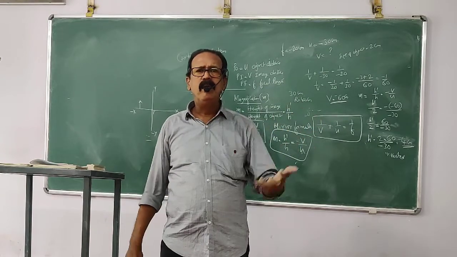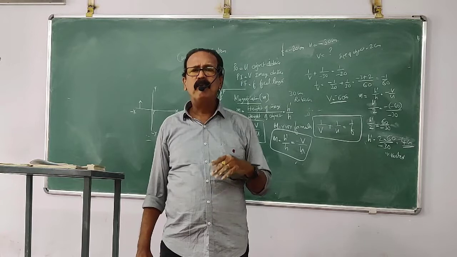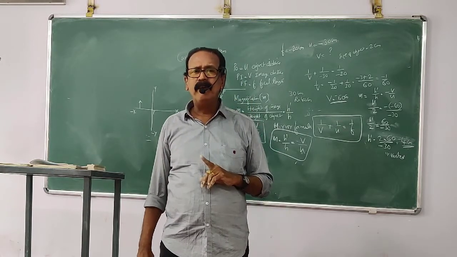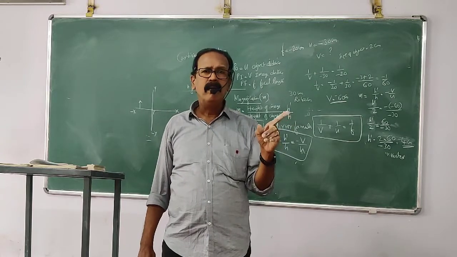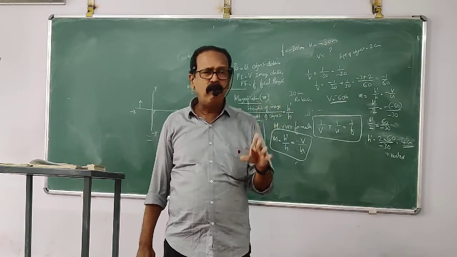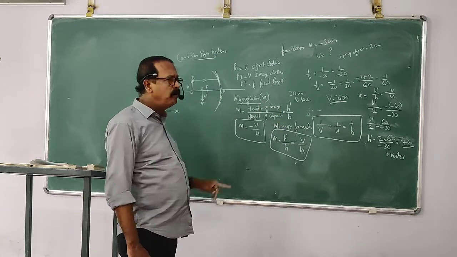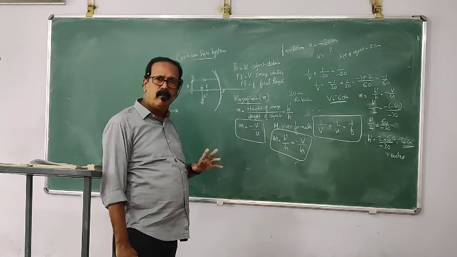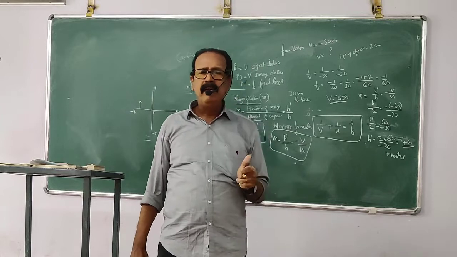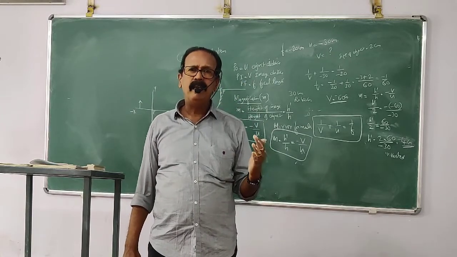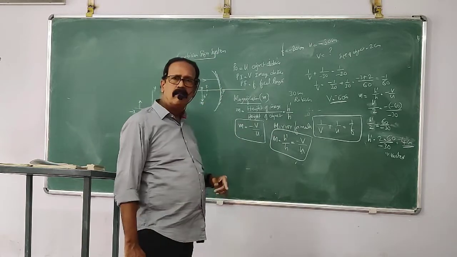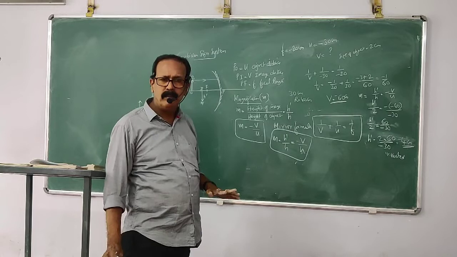Now the same question we can do for a convex mirror also, but for a convex mirror, the proper sign has to be applied. For convex mirrors, the focus is behind the mirror, so focal length is positive, not negative. Okay? But always the object is kept in front of the mirror, so object distance will always be negative. And you have to find the V. If you are getting V as negative, the image is inverted and real. If you are getting V as positive, it means it is behind the mirror. Behind the mirror you always get a virtual image only.